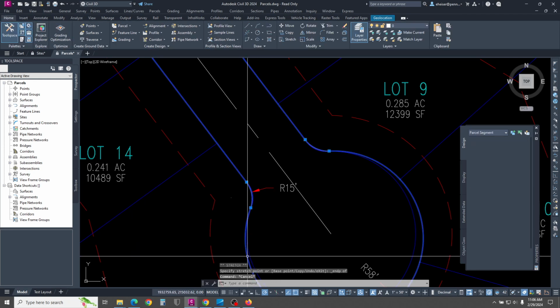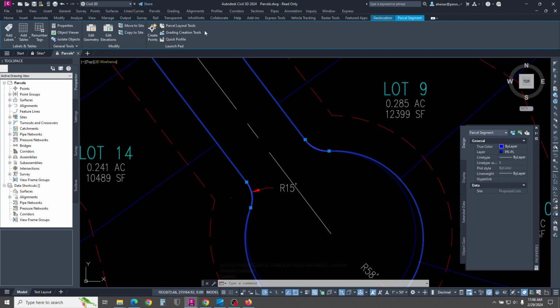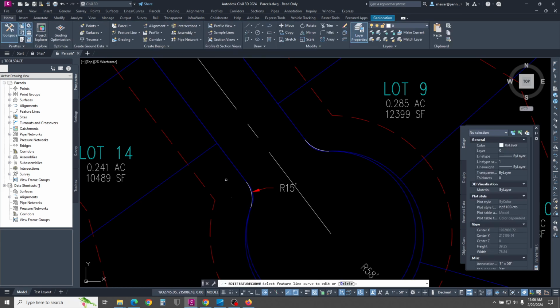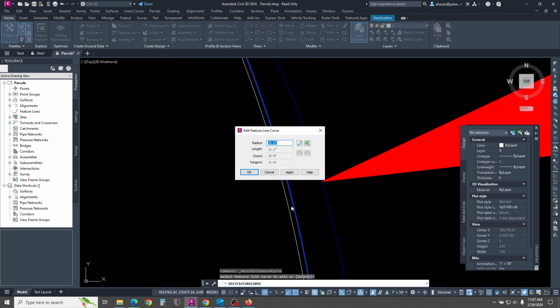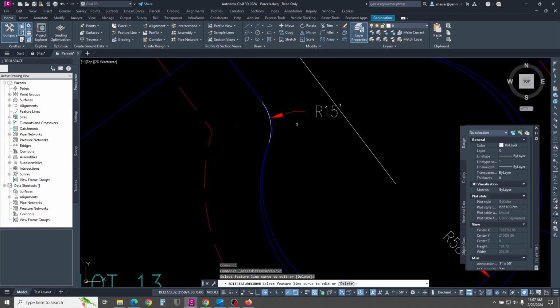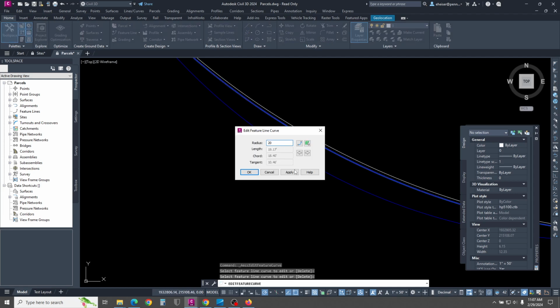So, okay, how do we go through and fix it? We're going to select the parcel so that it brings up the parcel contextual ribbon. We're going to edit geometry. And now you see the tools that look just like feature line tools. The one we're going to use is called Edit Curve. So I'm going to click on that. It wants me to select the curve to edit. So I'm going to pick on that curve, and I'm going to make it a 20 foot radius. So I type 20, hit apply. You saw it move. It's right on top of the construction line now, which is where we want it. We'll do the other side real quick. 20, apply,